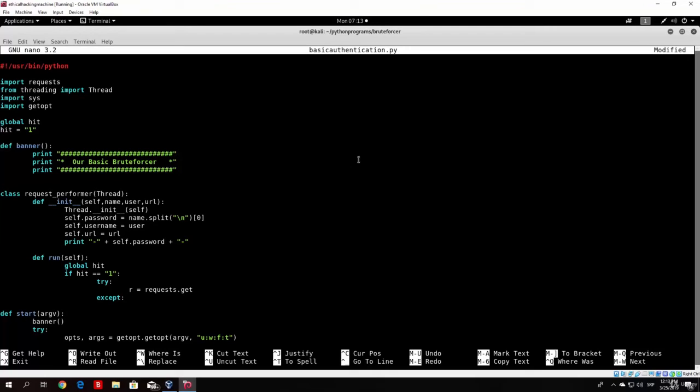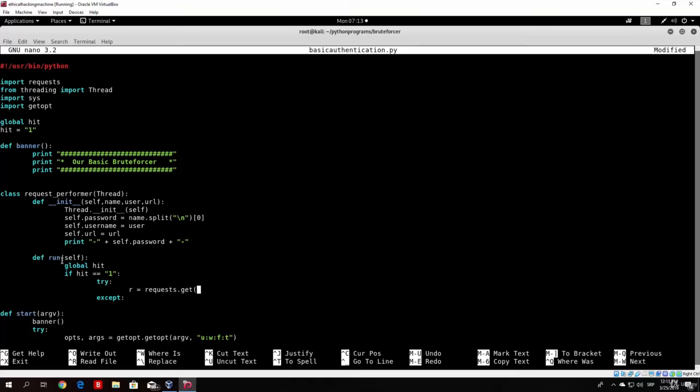Now why do we use .get? Well, if you remember from our part with inspecting our basic authentication, we were sending a get request while sending the basic authentication with username and password. That's why we here also need to use the get option. So in the get option we need to specify